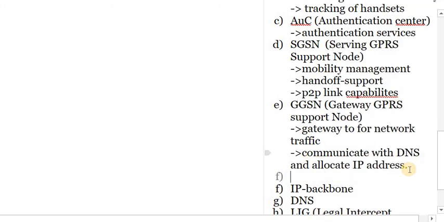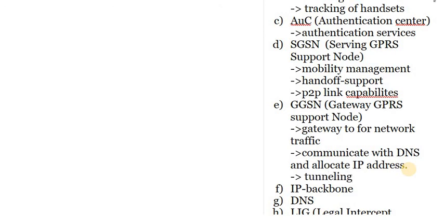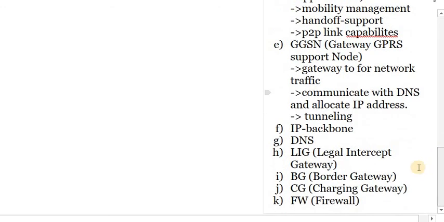Because it is a gateway, security is also mandatory in order to provide protection from some vulnerable activities. So there is a need of tunneling. This tunneling or the gateway is used to perform the communication between the two mobile networks.